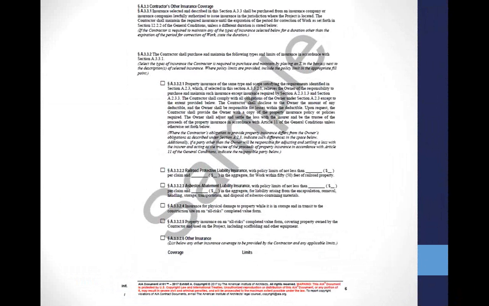And then it gets into some other fairly common add-ons to projects. If you're working near a railroad, there's something called a railroad protective. You don't have automatic coverage for that. In fact, there are exclusions in your GL that are problematic around that, and so it speaks to those. So it's a lot more specific, a lot more customizable. We think it's going to be